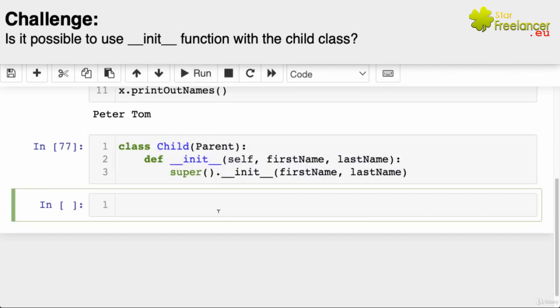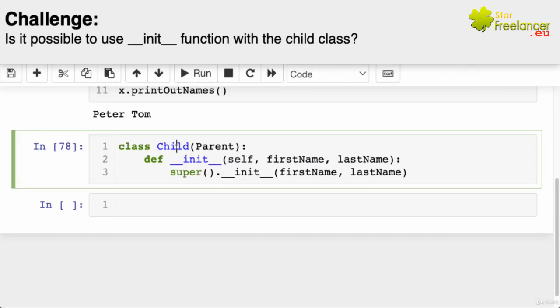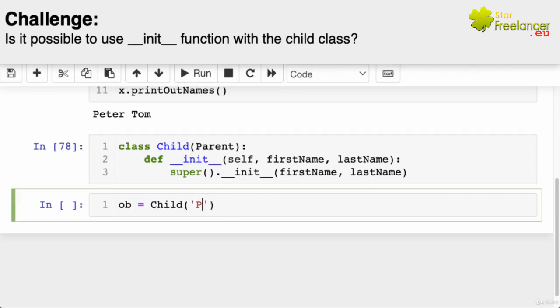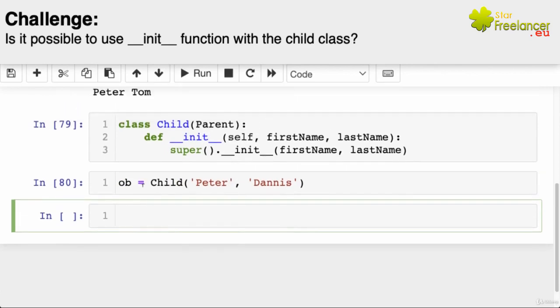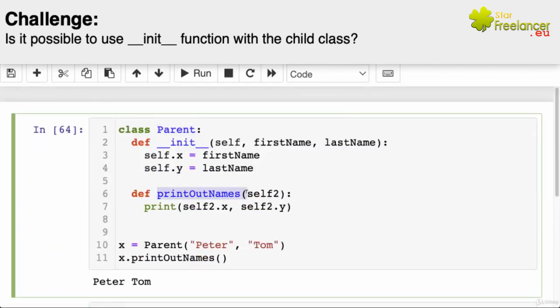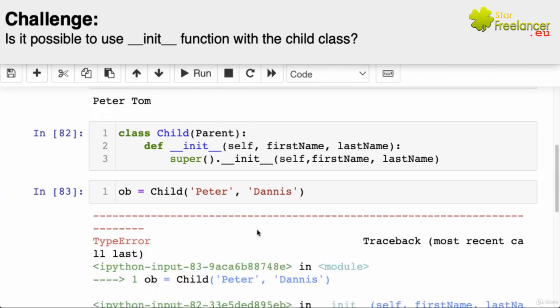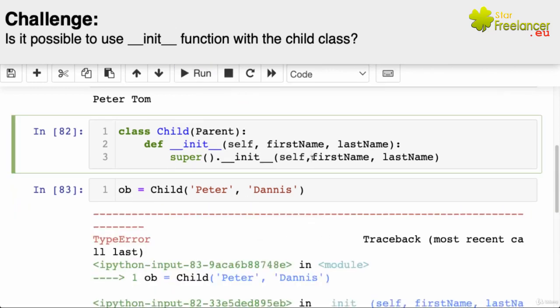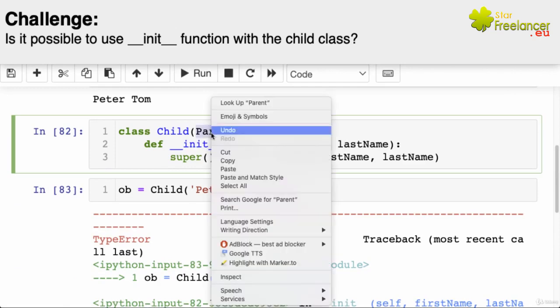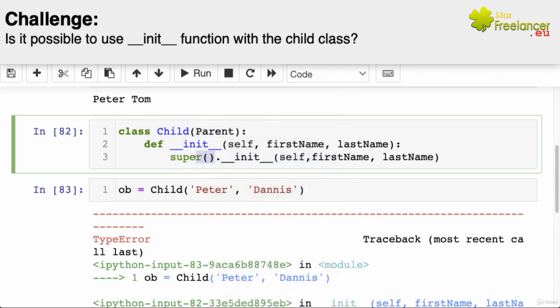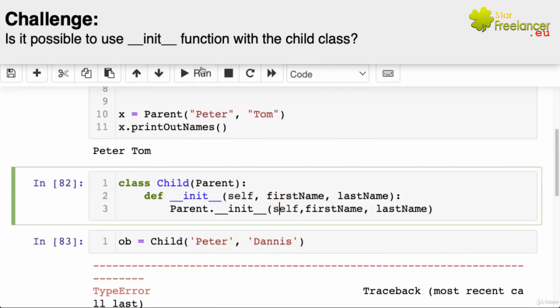We run this. Now let's come to this place. I create an object from this place. Peter Dennis. Let's run this. This object created from this place. We have this. Okay. Now let's try to print this using this print out names method. Exactly. Correct. Remember, if you put self here, you're going to have error. If I run this, error. So you don't put self here if you want to use super. But if you don't want to use super, simply put parent. I have to keep the self. If I run this,